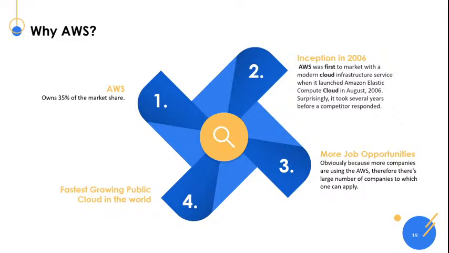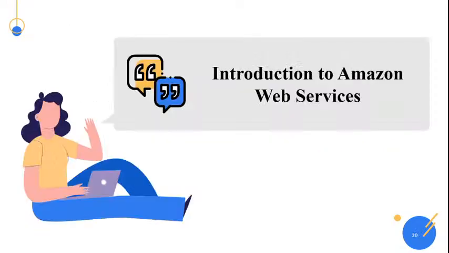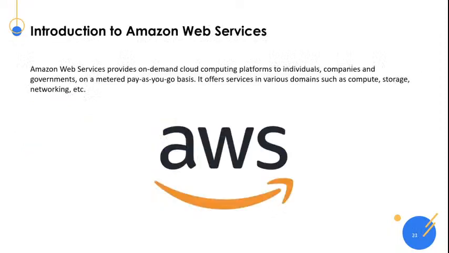And the last reason is that it's the fastest growing public cloud in the world. So since we have now understood why we are learning AWS today, let me introduce to you what AWS is. AWS is basically a subsidiary of Amazon.com, which is the largest e-commerce company in the world. So the way